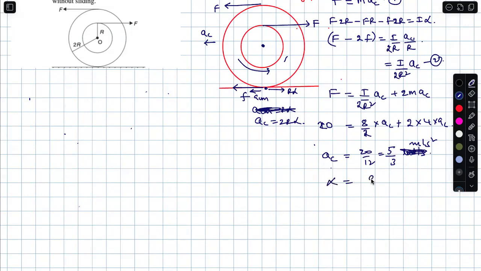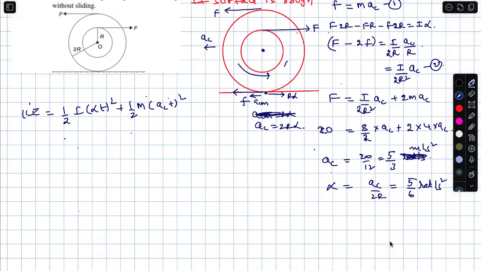Alpha is AC by 2R. So this will become 5 by 6. Accordingly, you manage, which implies half I alpha T square plus half M ACT square. That is the KE total. Okay. So that's all for today. Whatever the problems